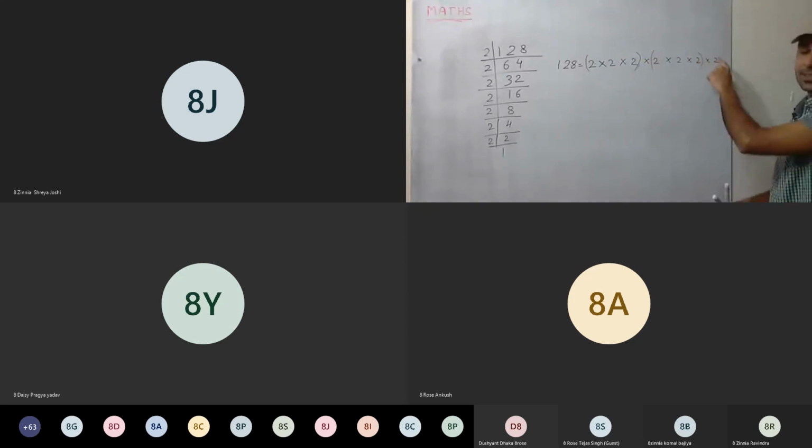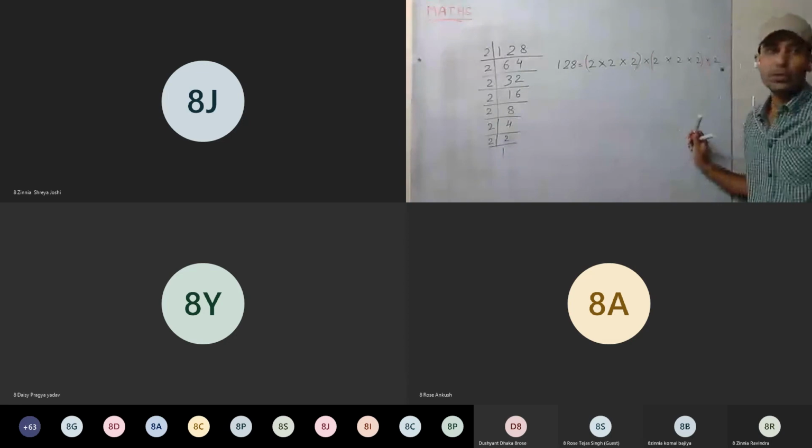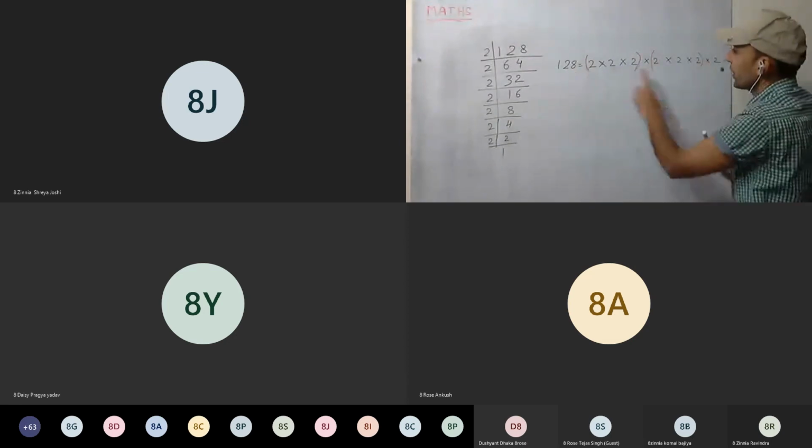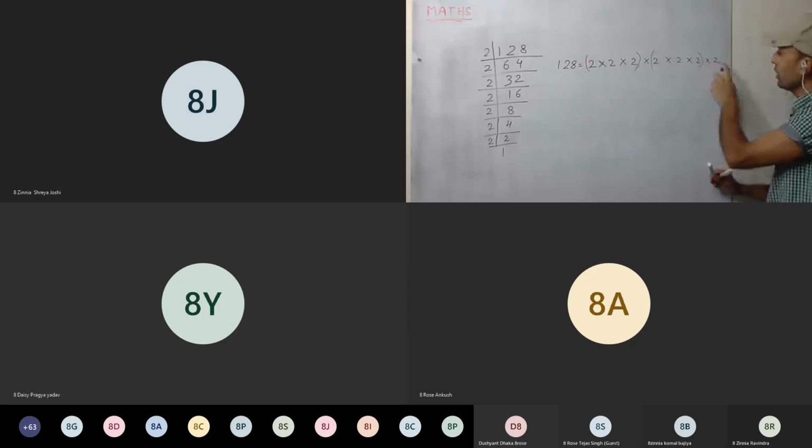What happens to this? This is single here. Either we get a single or a pair here. If we get a single or a pair, then it means it is not a perfect cube. It is not a perfect cube because one triplet we have, second triplet we have, but the third is not a triplet.